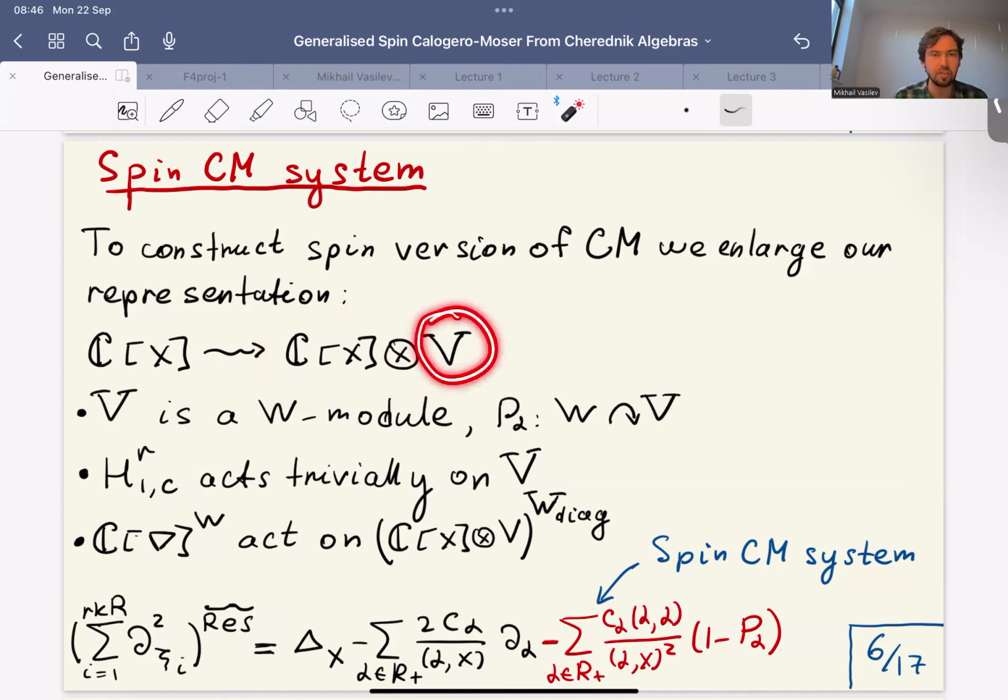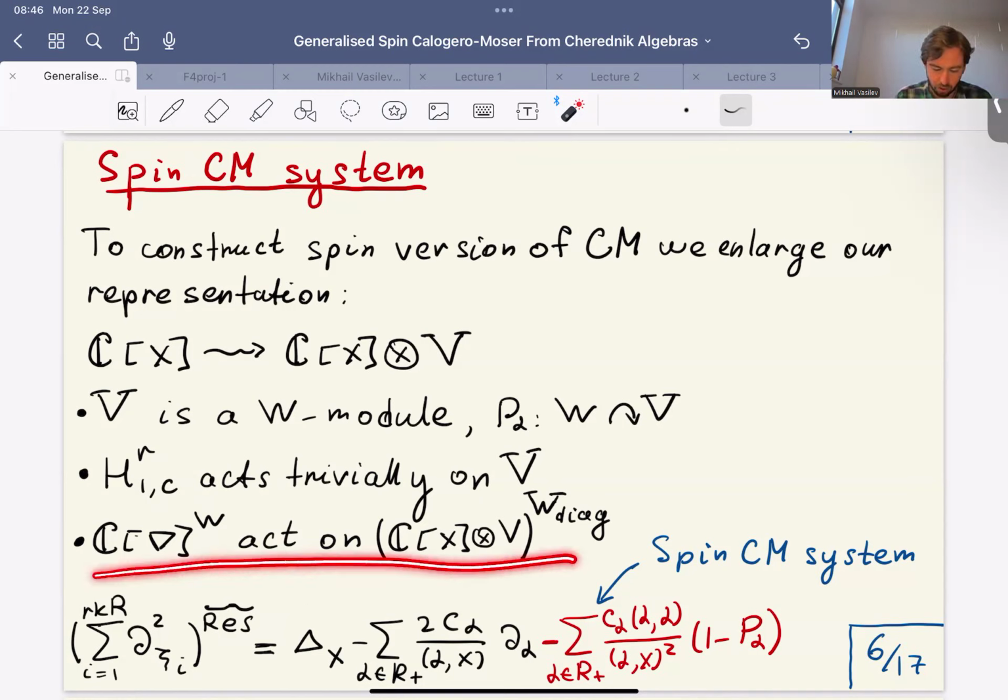So the action on V by the Cherednik algebra is trivial, but we think of V as a W module. Then we can say that invariant polynomials of Dunkl operators